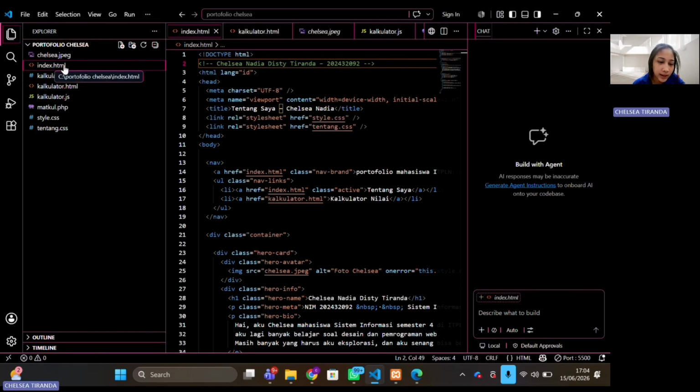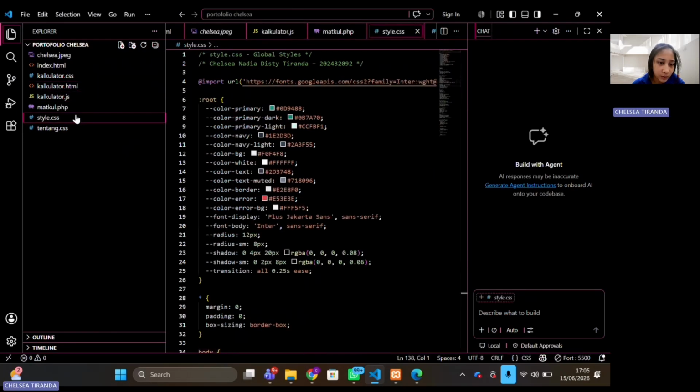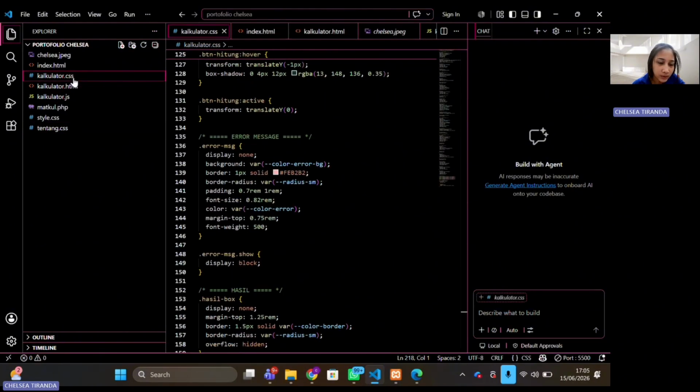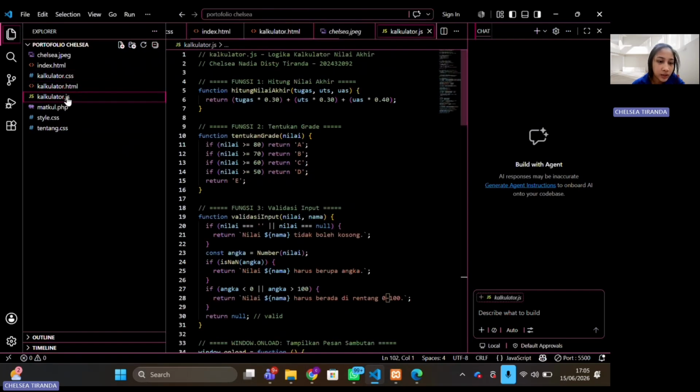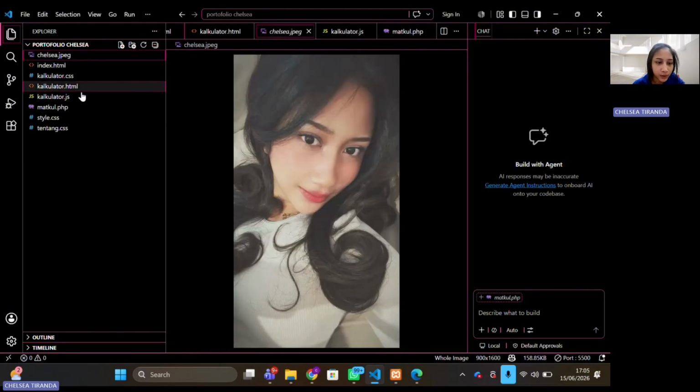Index.html as the About Me page, and Calculator HTML as the Grade Calculator page, Style CSS for global styling, Tentang CSS specifically for the About Me page, Calculator CSS specifically for the calculator page, Calculator JS for the JavaScript logic, Matkul PHP for the PHP program, and Chelsea JPEG as my profile photo.